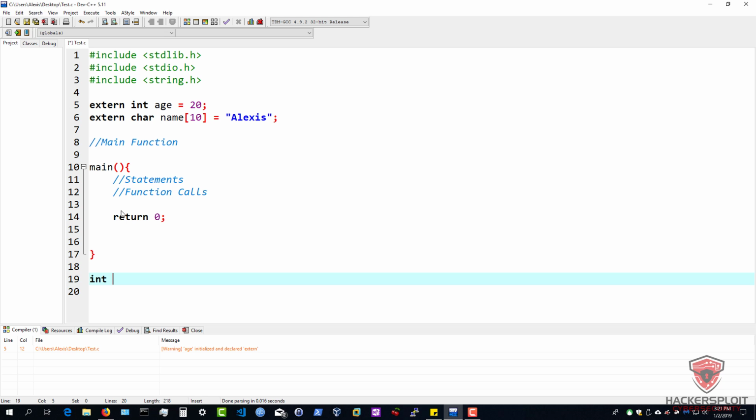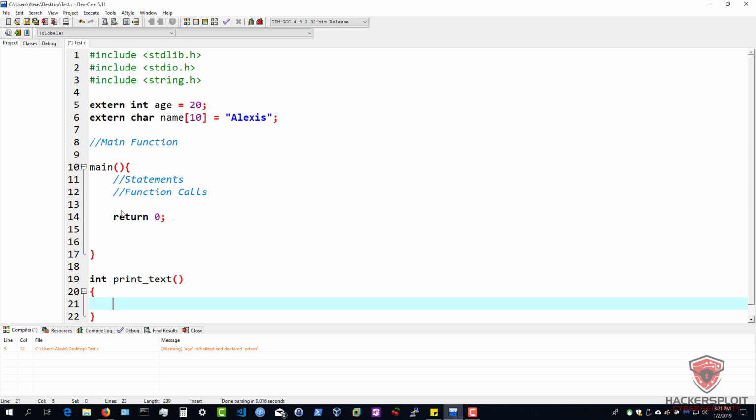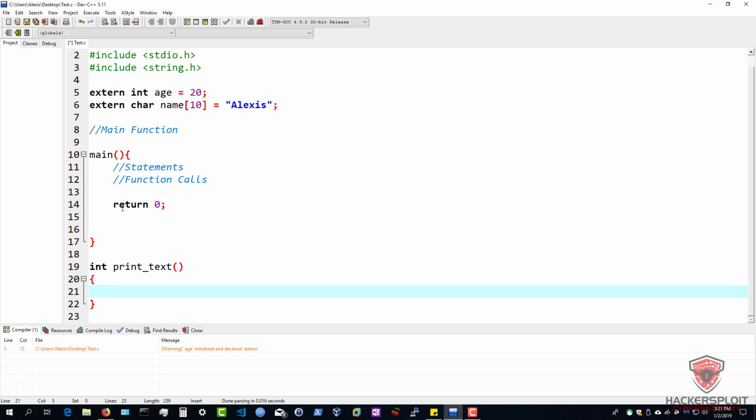So this is going to print text, as we mentioned, no arguments that we want to specify there. I'm going to open up that function now. And within here is where I would use these variables to print out the data. So in here, I would simply type in printf,